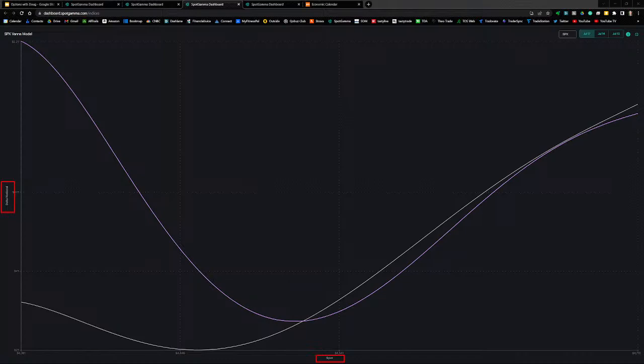There are a couple lines on this chart. The first light gray line is showing how market makers' delta notional changes with changes in price only. What this is showing is if price increases, market makers will need to sell futures to hedge their delta exposure. Remember, they want to remain delta neutral, and this assumes that at the beginning of the day, market makers' position was delta neutral. So as price increases, they will have to sell futures to hedge their delta exposure.